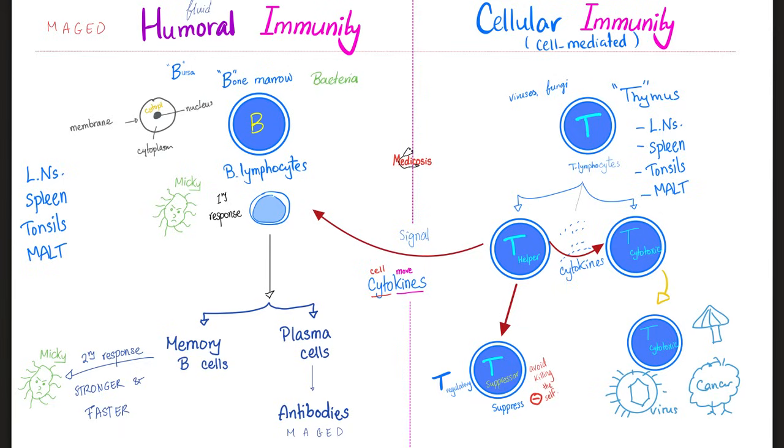This prevents the T cytotoxic from killing your own cells, because these T cytotoxics are crazy. They can destroy your pancreas, they can destroy your own thymus, they can destroy your nose cells, muscle cells, etc. Who tells them to stay away from your own cells? T suppressor or T regulatory cells. Stay away from the self. Go attack the foreigners. What if I have some kind of problem in my T regulatory cells? Well, your T lymphocytes will attack your own cells in a phenomenon known as autoimmune disease, such as lupus,